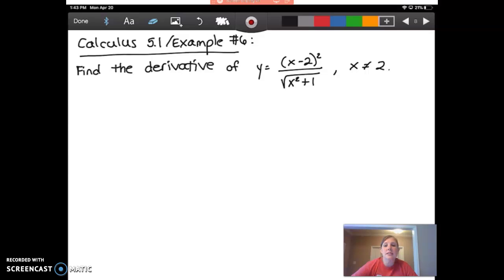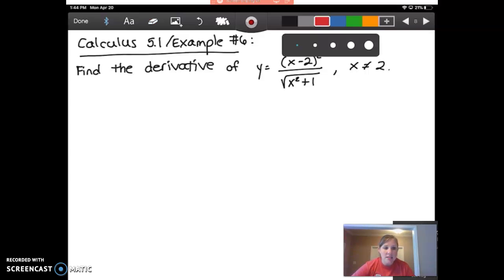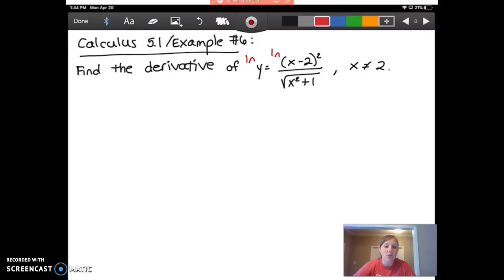So for this one, when you see the fact that we're solving for the derivative of this, initially you should think quotient rule, and you should also think that you would have to use the chain rule inside the quotient rule, which gets a little ugly. It will get you the correct answer, but I also want to remind you that you can rewrite these as natural logs. So if I take the natural log of both sides,